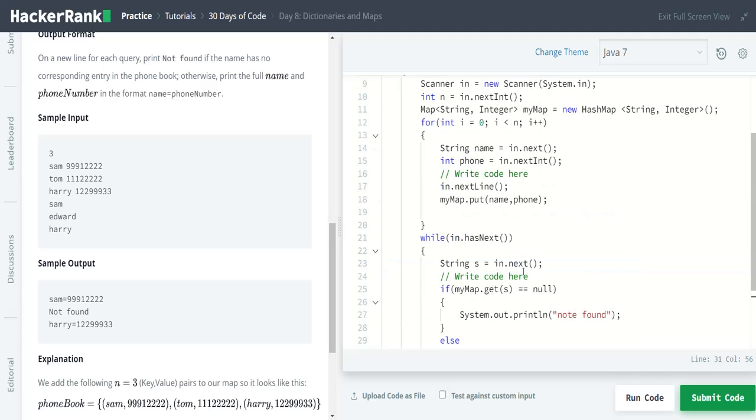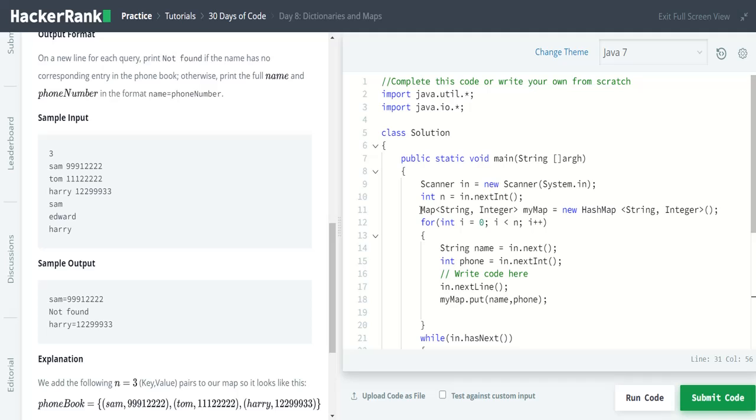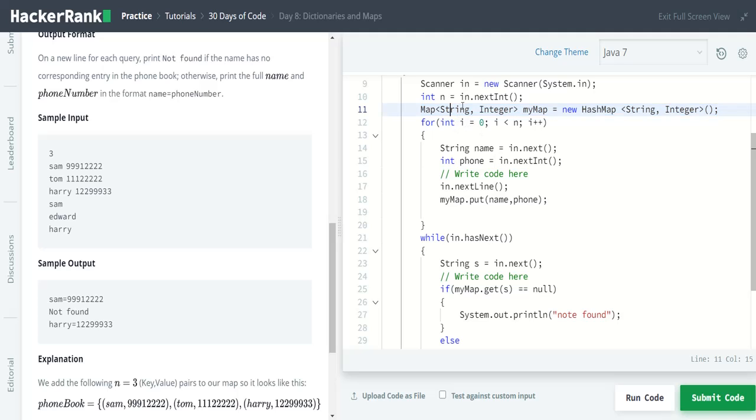So this is completed. Let me explain. This is a hash map or a map. We are using both map and hash map. That is, we are mapping the elements into the hash map. So this is basically known as mapping. This line describes the mapping function. That is, we are mapping string and integer.